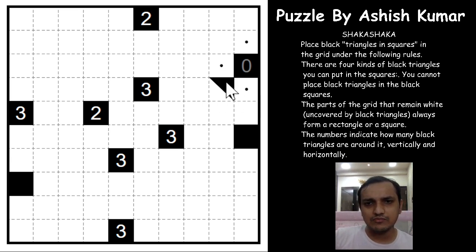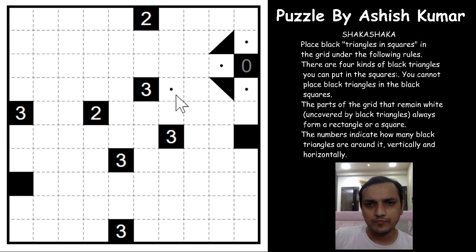So anytime you have such instances of unshaded cells, a triangle is formed, and the two smaller sides will be touching the two unshaded cells. If you see a number cell now, I'll unshade this. Every cell has four possible ways of forming a triangle, but when you have a number cell near to it, there are only two possible ways, either this or this. So what happens if we have the third way? We have the white area of a triangle again, which we cannot convert into a square or a rectangle.